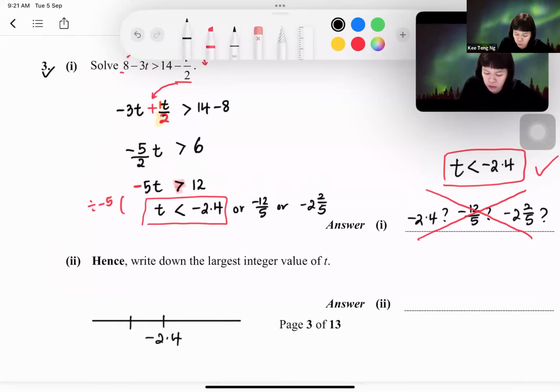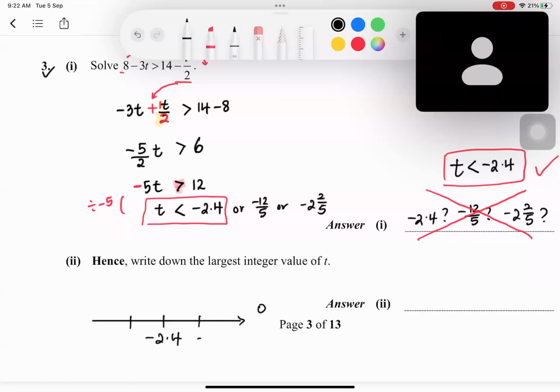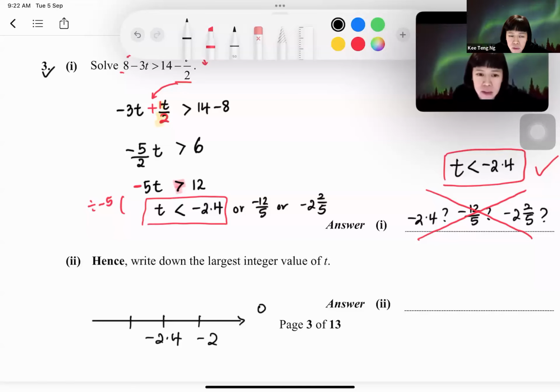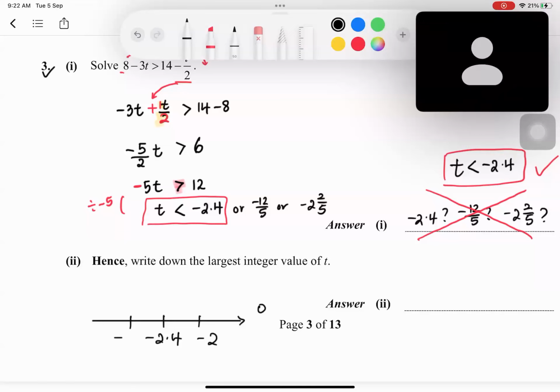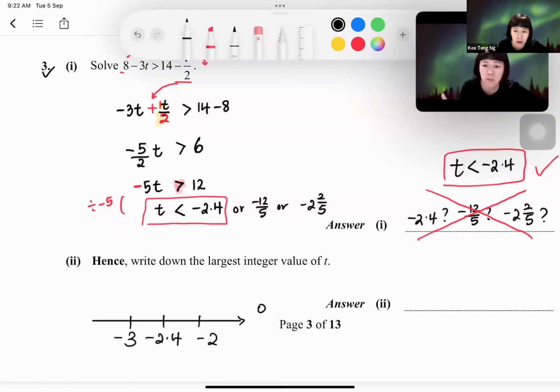So if I have negative 2.4, what is the number smaller or bigger than it? Integer value. Where should I put negative 2? Let me see. 0 is over here. Where should I put negative 2? To the left or to the right of negative 2.4? The right. To the right-hand side. Then what about negative 3? It will be to the left. So which number? They want t smaller than